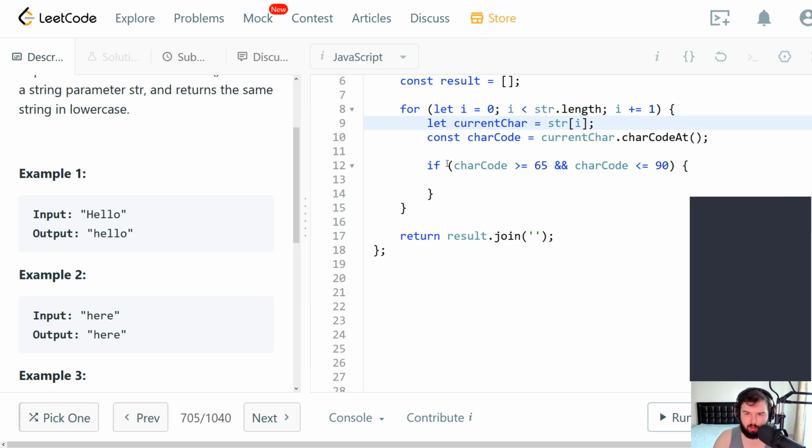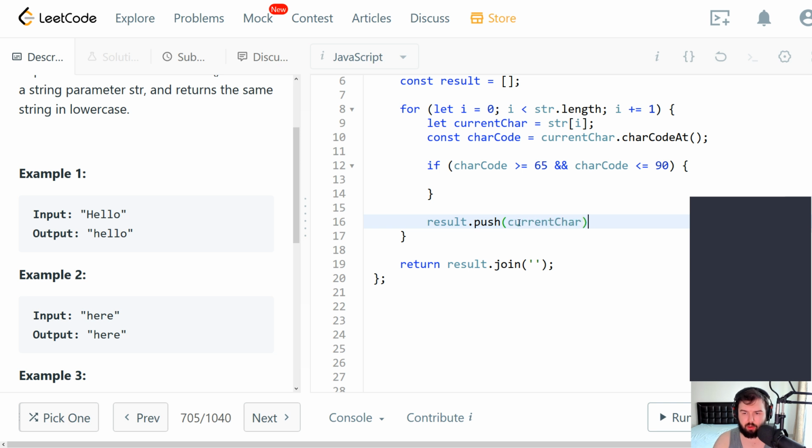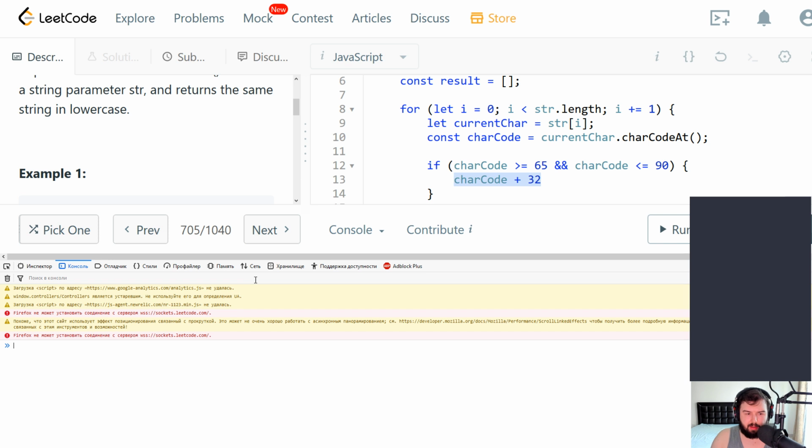Maybe we can use let, since we will modify this variable, and we will put it to result. Current char. Okay, so if it's like that, then we need to get a char. So we'll take char code plus 32, but now we need to convert this to the symbol itself, and I